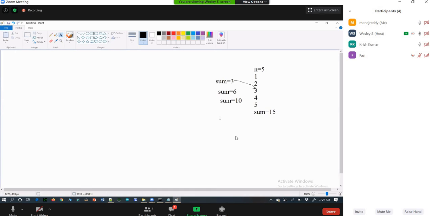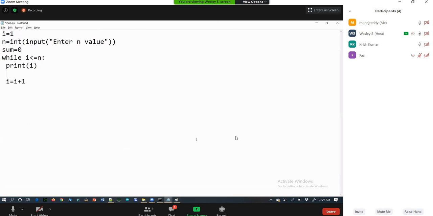So what should be the logic? sum plus i. If I write i plus n, what will happen? So I'll print this output here, or if you want you can print it inside the loop itself. Directly I can take sum equals sum